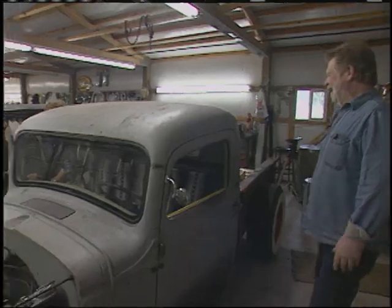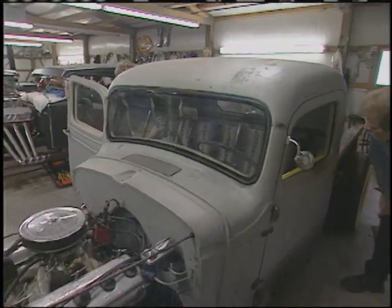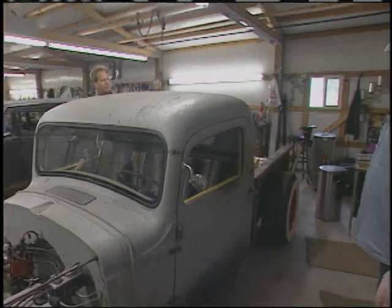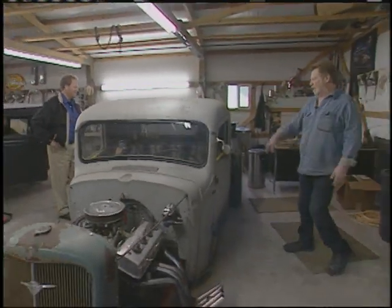And I really like the door panels here, the Camel cigarette door panels. Old Joe Camel there, he'd be riding me a pretty good bit. And you got a suicide knob there on the steering wheel. Yeah, you know, everybody needs one of those things so you can hang your sleeve. That was the old days, we could hang our sleeve, but...